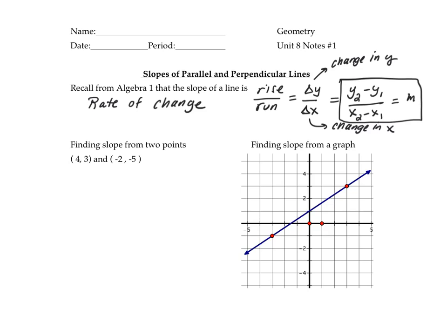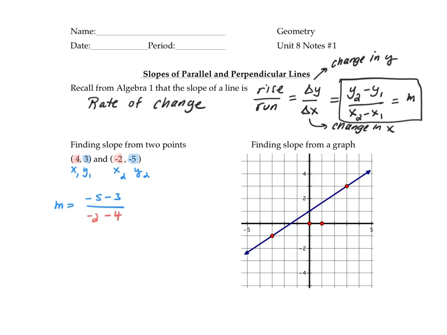Okay, for our first example, we have to find the slope between these 2 points, 4, 3, which I'll label as x1, y1, and negative 2, negative 5, which will be x2, y2. So remember, for a slope, we want to do the change in y's first. So we actually want to take negative 5 minus that 3. And we're going to divide it by the change in the x's. So we're going to take negative 2